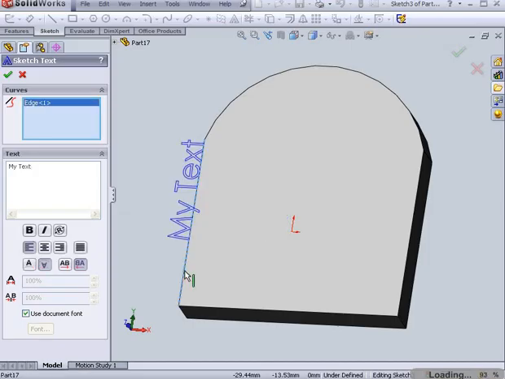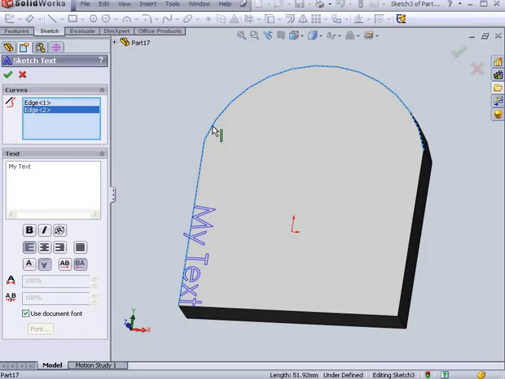Now I'll select the curve along which to align the text. I'm able to select more than one curve. Down here I've got alignment and appearance options. I can make the text bold, italic,